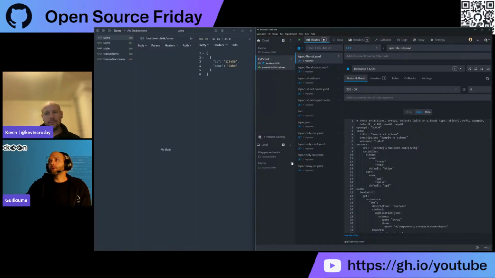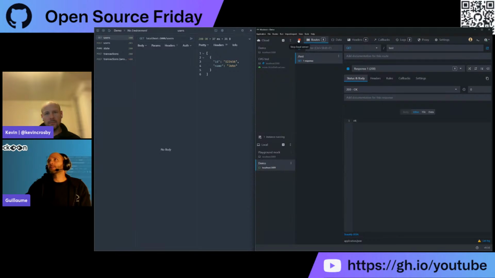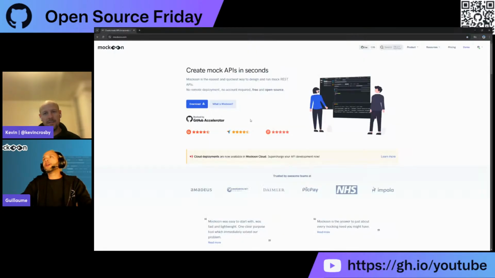And when you work locally, you saw that I pressed play before, so it's running a local server on localhost. And from there, you are free to expose that using a tunnel, like VS Code tunnels or ngrok. That's one way to do it. And we also have a CLI,